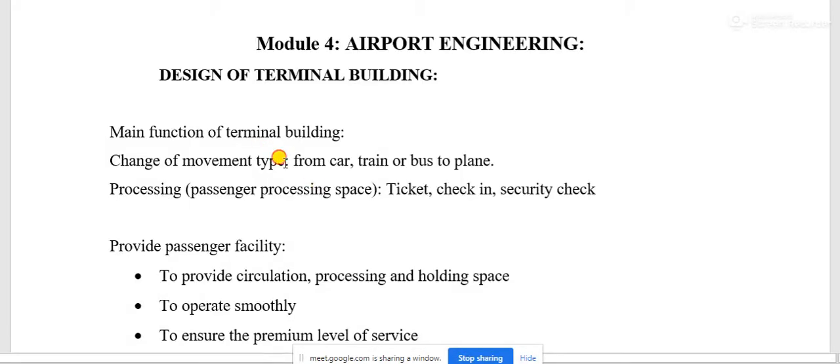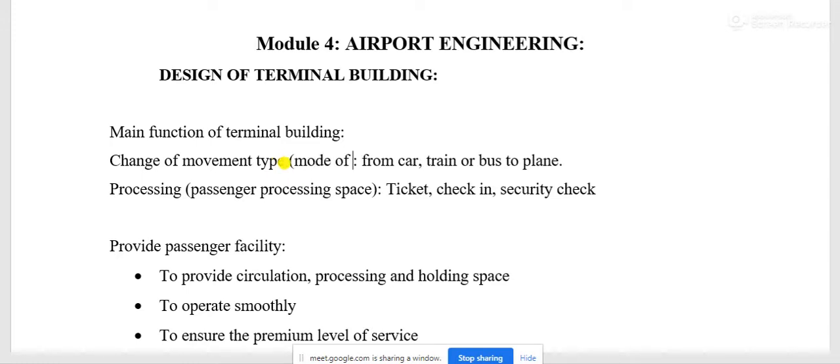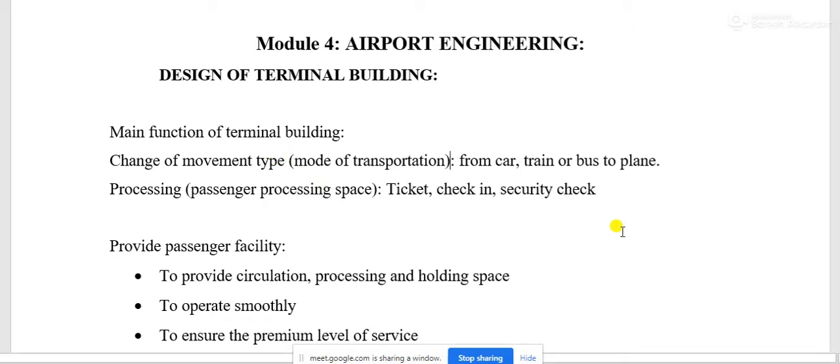We can write it here: the change of movement type, that is the change of mode of transportation, from car, train, bus, that is from the land side, to the aircraft or aeroplane. This is the main function of a terminal building.